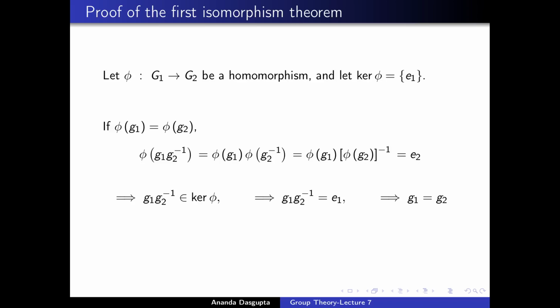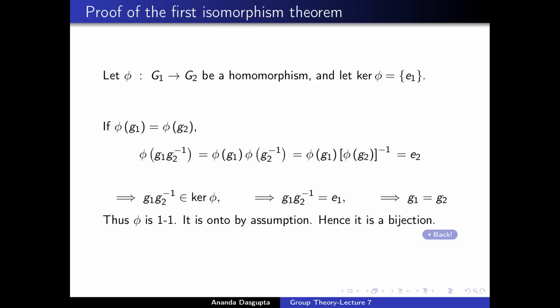This is exactly what we mean when we say that the map is one-to-one. Of course, we already have assumed that it's onto, and therefore it is a bijection. So what we have proven is that this map phi, which is a homomorphism, is also bijective, hence invertible, and hence it's an isomorphism. Of course, if we had defined homomorphism by just insisting that it be a map which respects group multiplication structure